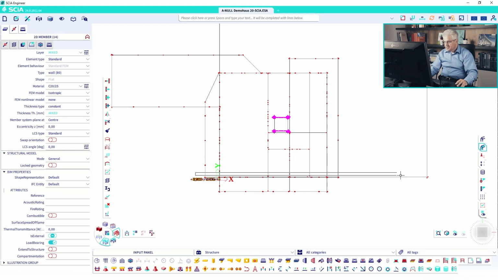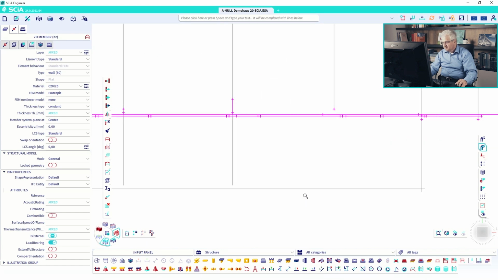Please select really completely the wall, because if you select only a part of the wall, you have more walls, and if you select only a part, then this one corner should be moved, and then another or not, and then SCIA Engineer has to move the wall outside of the plane. And this cannot be done, because then you get a 3D shell and then you get an error message. So better select from left to right, and I think this is everything